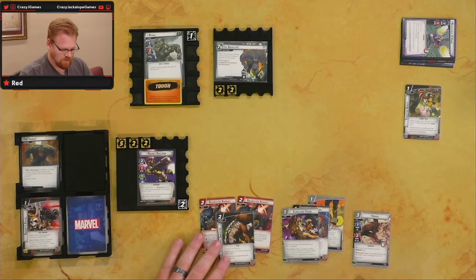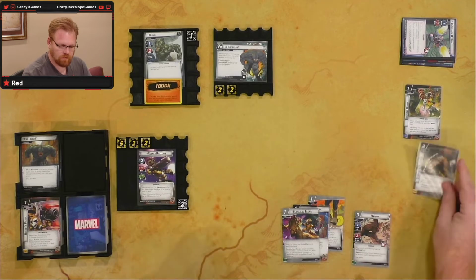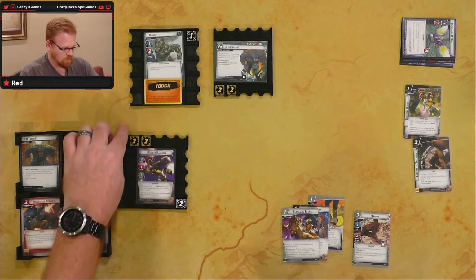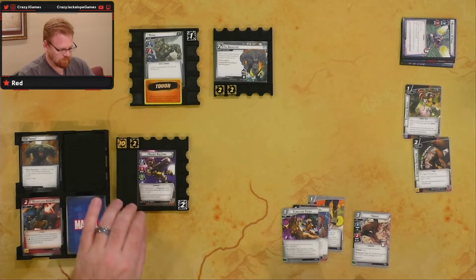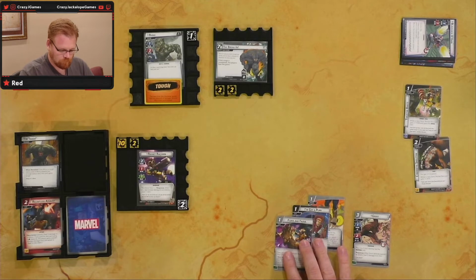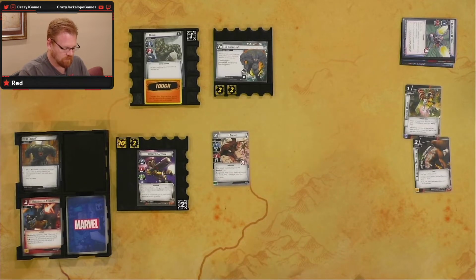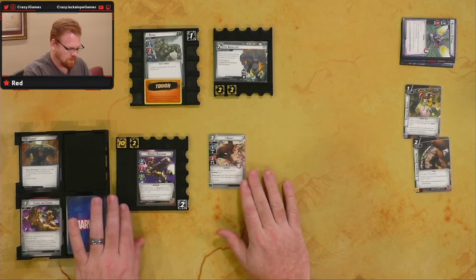All right. First thing we're going to do is play our cybernetic skeleton. It's going to give me +3 hit points and +1 attack. So I'm going to go from 9 to 12. So I've got 12 total hit points now. Then we're also going to play Groot. Let's get Groot out there. Because I have the Guardian trait, I can play Groot. I think...